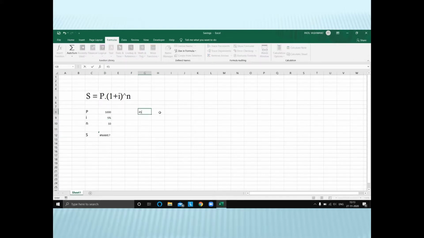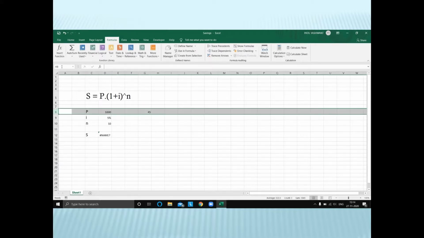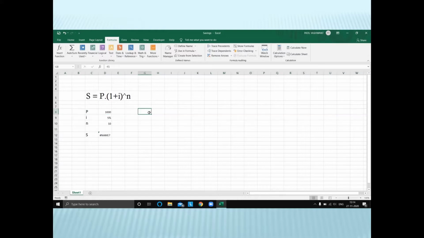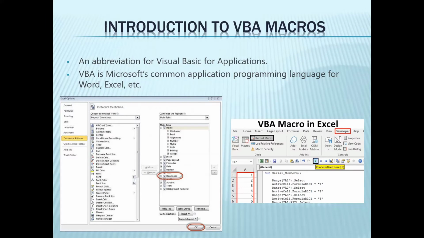If you want to give this the name capital R, Excel won't name it capital R as R is reserved for rows in Excel. Similarly, if we want to give it the name capital C, it won't name it capital C because C is also reserved for columns in Excel. So there are some variables which we cannot use and there are other variables which we can use for Excel. So we have to keep in mind which variables we need to use. Thank you.